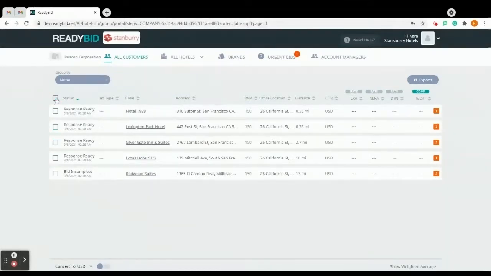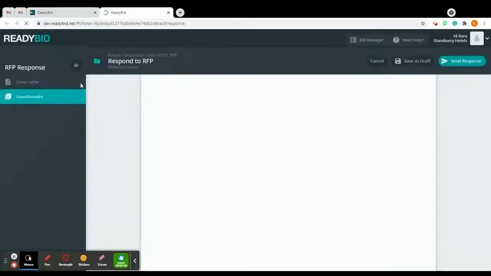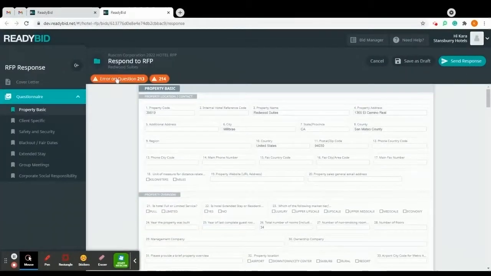But before that, you might be curious, why is this one saying bid incomplete? Well, this only means that we have some errors in this bid. You can still go ahead and send it, but in my case, I'll go check out what errors I've entered. So check the checkbox, edit response. Now, our system is wonderful. Why? Well, it immediately points out the errors here. You only have to click each of them and you can fix them.